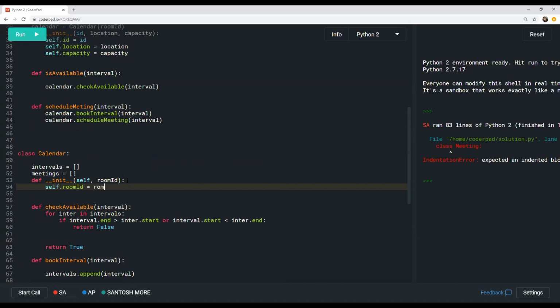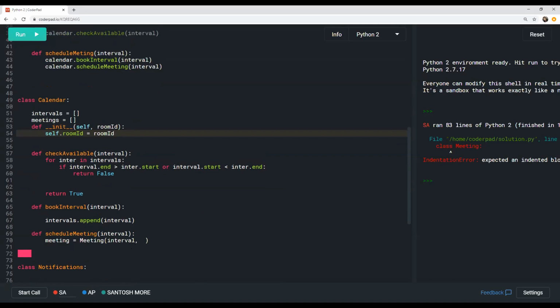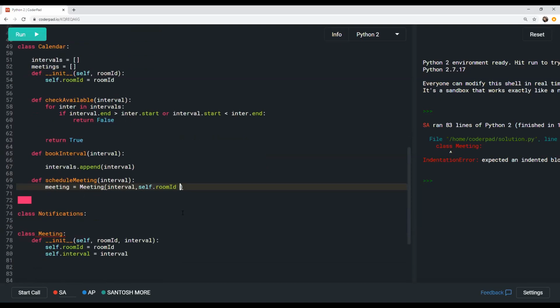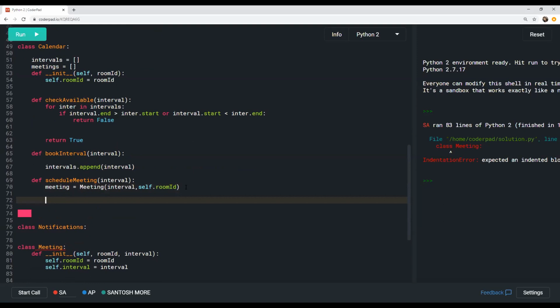I don't know how good we are going in terms of design, but let's first wrap it up. And yeah, that's okay, right? Yeah. Only the scheduler part is slightly more important because these small things we can tweak here and there. Okay, so you pass self room ID and you schedule the meeting, and whatever meeting we get, we can return that meeting